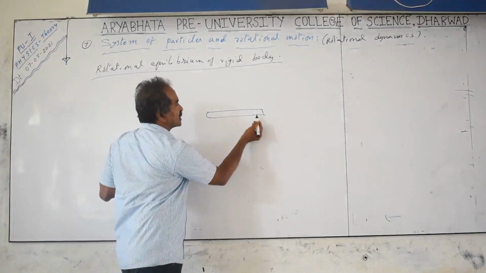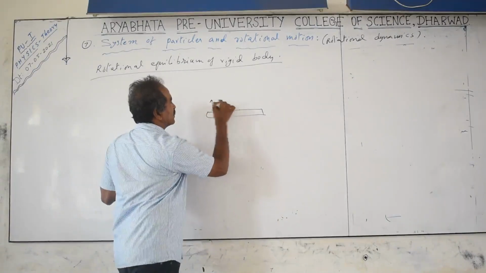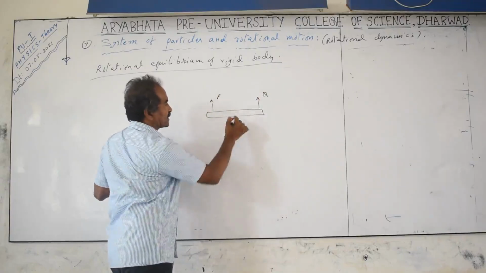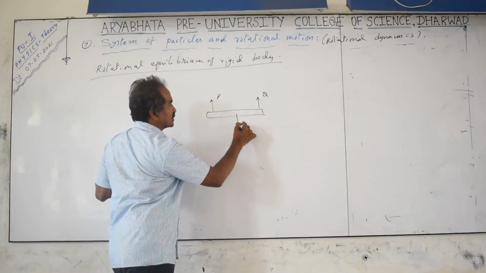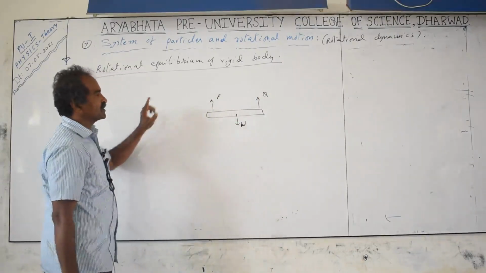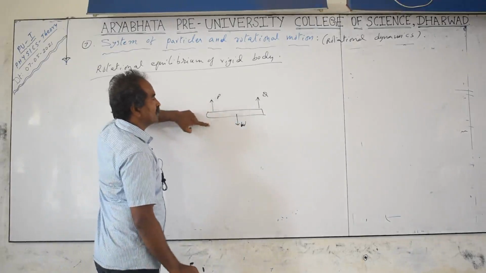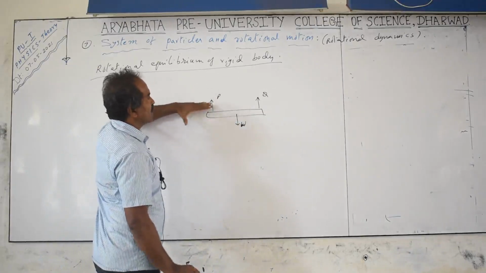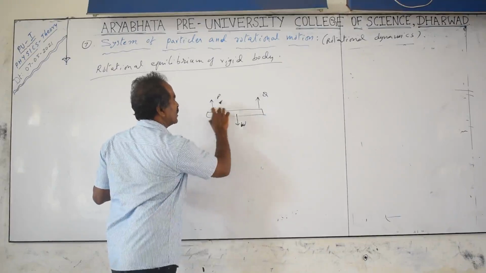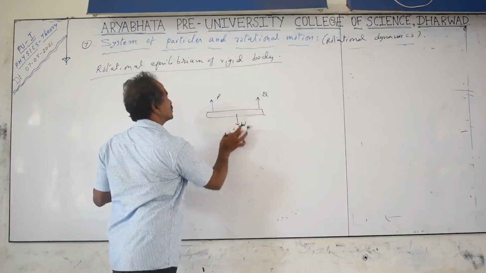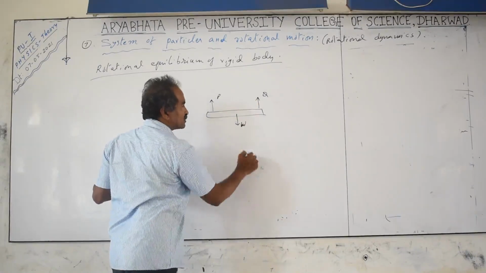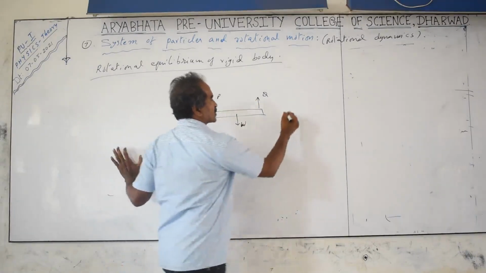If you take the hard body, forces are acting on this object at different places. These forces are P and Q, but weight is acting in the downward direction, mg. I will take it as W. If upward force equals downward force, that means P plus Q is supposed to be equal to W. Then net force is 0. P and Q are trying to move the body upwards, W is trying to move the body downwards. If P plus Q is more than W, then the object will go upward. If the weight W is more than P plus Q, the object will go downwards. That is related to translatory motion.